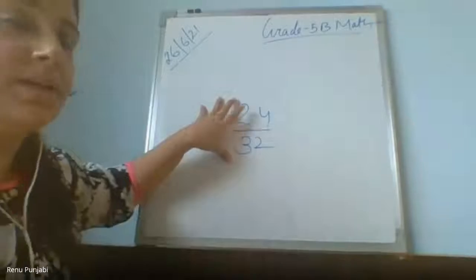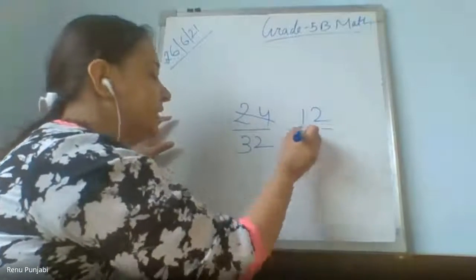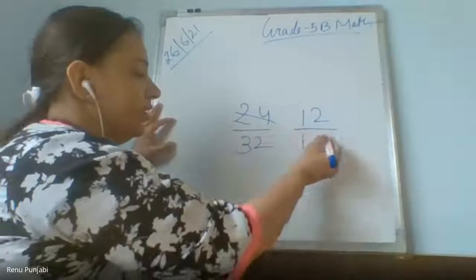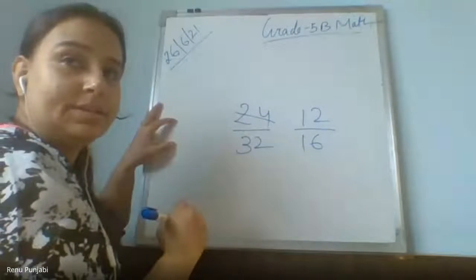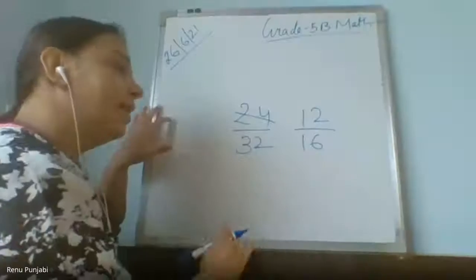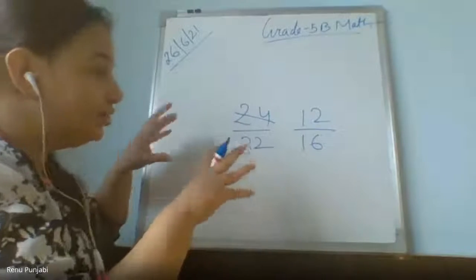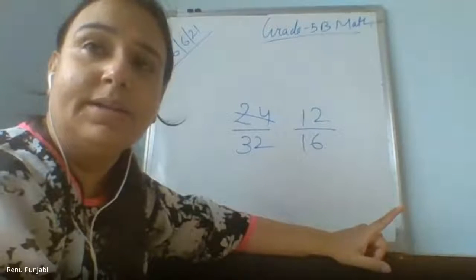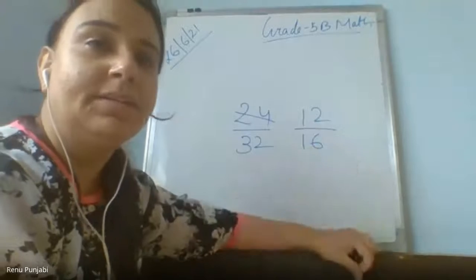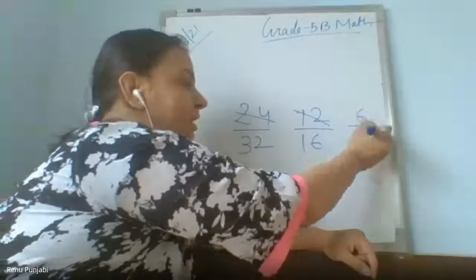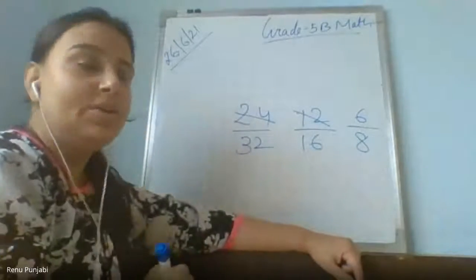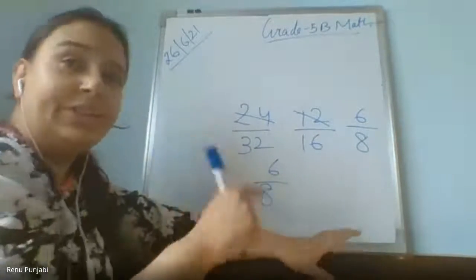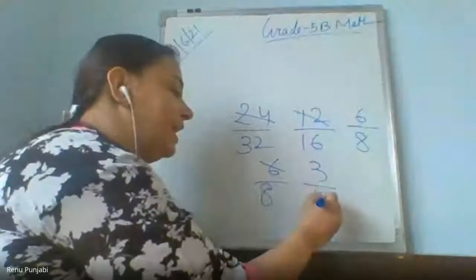But if you use 2 table, in 2 table it is coming 12 times, right? And in 2 table this is coming 6 times. Ma'am, I am telling of 4 table. I am starting with 2 so that you can understand. So if I am doing with the 2 table again, now 12 and 16 is also coming in the table where both the numbers are coming. Can you tell me? Yes. 4 as you were telling. 2 6s are 12 and 2 8s are 16. Yes or no? Yes. Then again 6 upon 8 is also going with the 2. 2 3s are 6, 2 4s are 8.